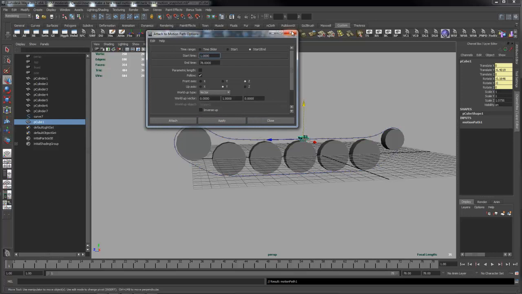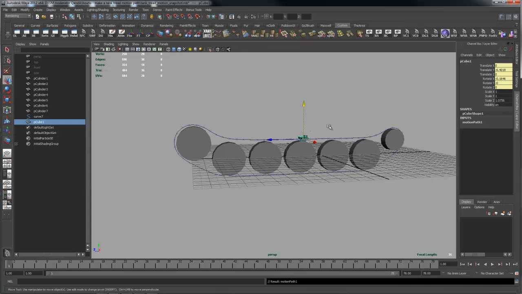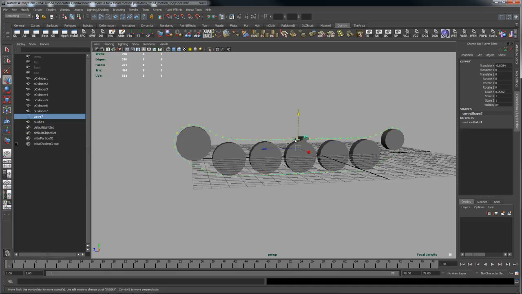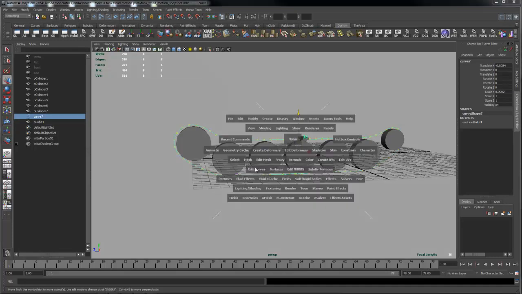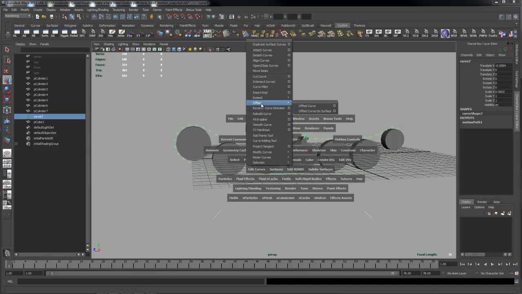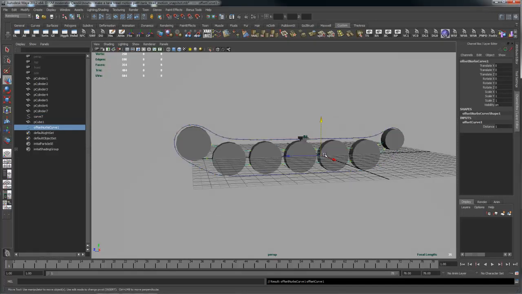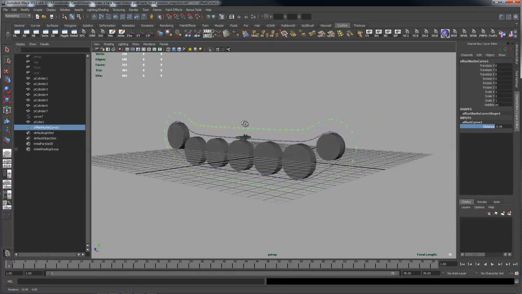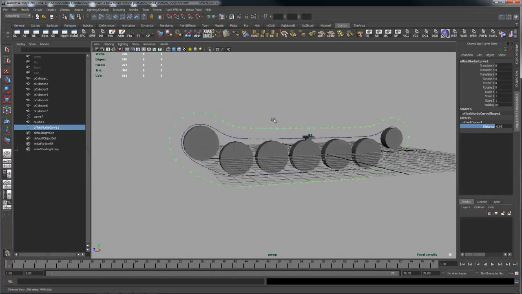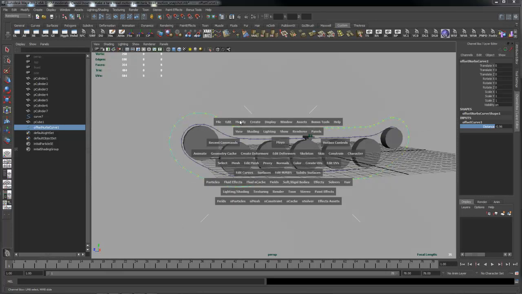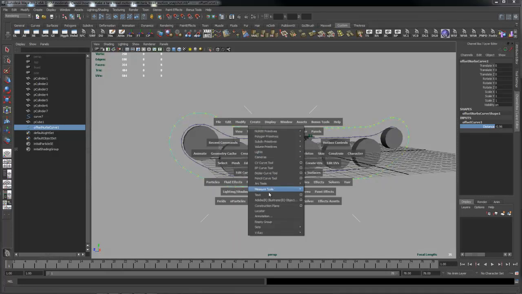Now I want to create a locator, and I want this guy to always follow the locator, and I know I can't parent the locator to this object. It won't work. So here's the other solution. We pick the curve, we go to edit curves, offset curve, and then go to the channel box and change the distance so that we have two concentric curves, and we've created this one outside of this inner curve. And now we create a locator,